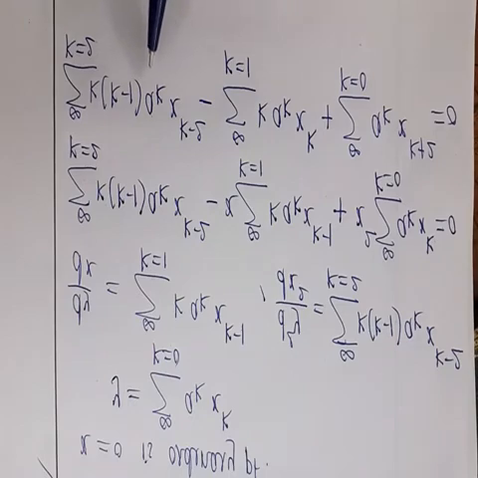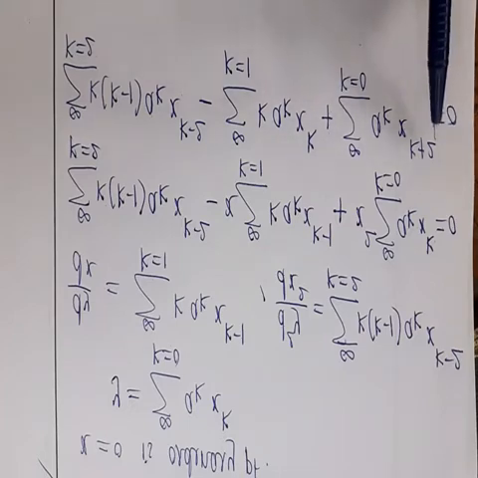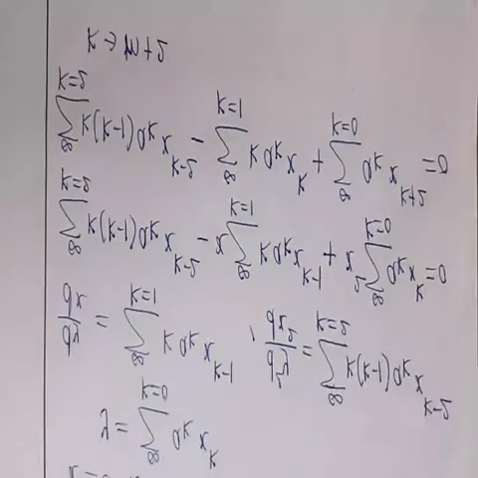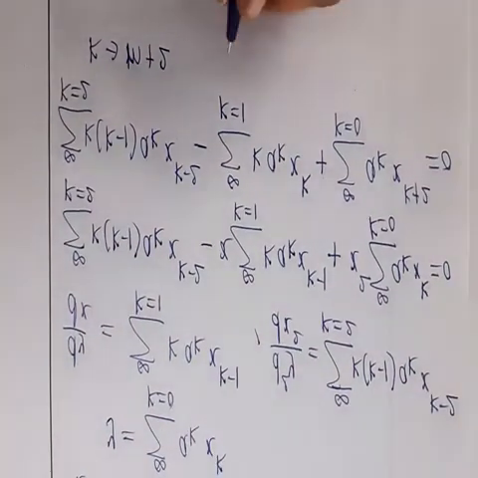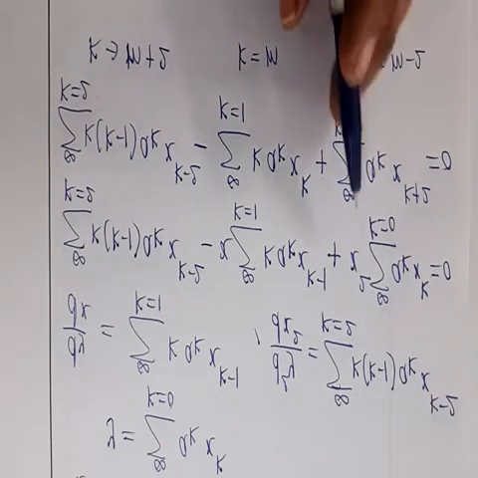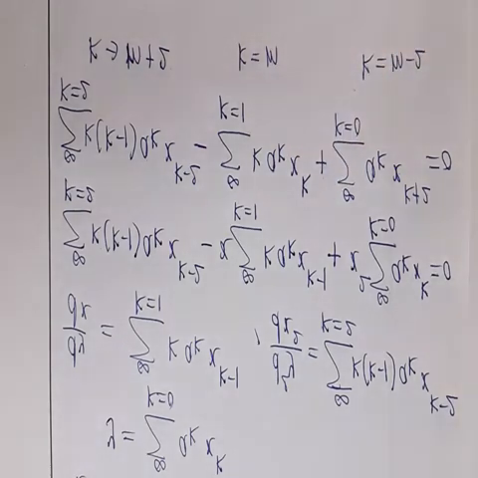Now this is ak x to the power k minus 2, here x to the power k, and here x to the power k plus 2. First we are focusing on powers of x. So replace k by m plus 2 in the first term, then replace k by m in the second term, and in the third term replace k by m minus 2. So all powers become x to the power k. Here x to the power k means x to the power m.